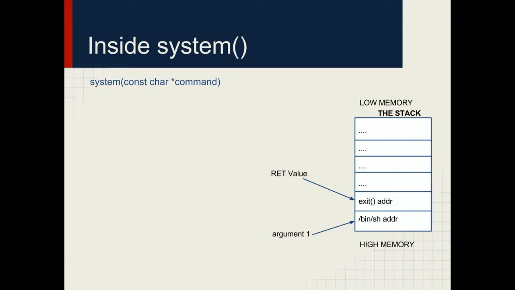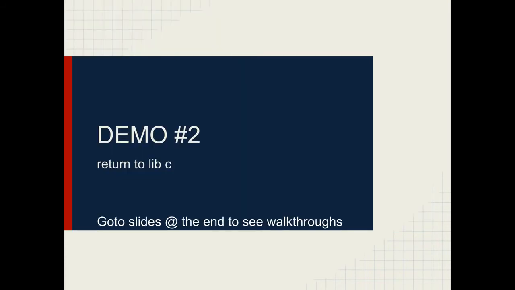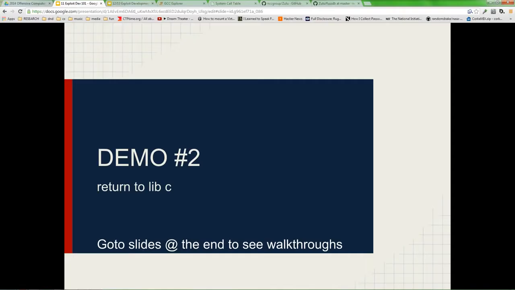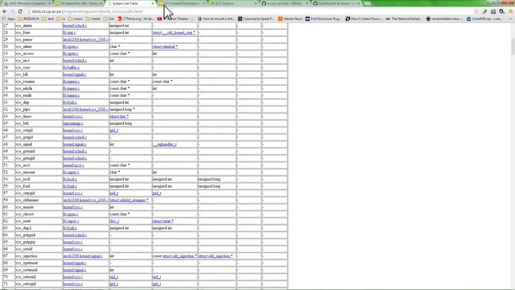If you do not pass a new return address for system, like I said, it may cause the exploit to fail and perhaps to behave weirdly or fail some percentage of the time. And we're going to actually have a demo on this later when we go into code reuse attacks. But for now, we're going to dive into